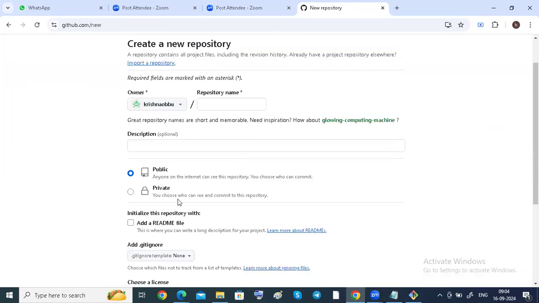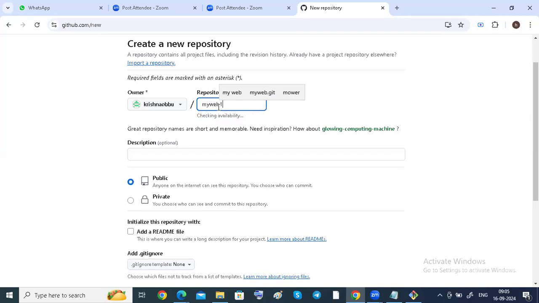It is asking public or private. Public means anybody can access, guys. But in real time, all are private, guys. All are private only.